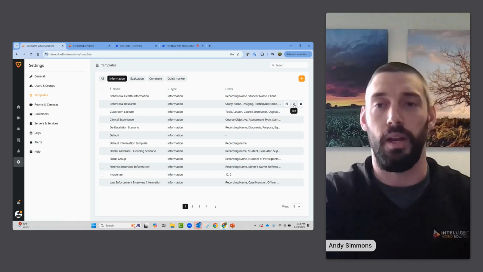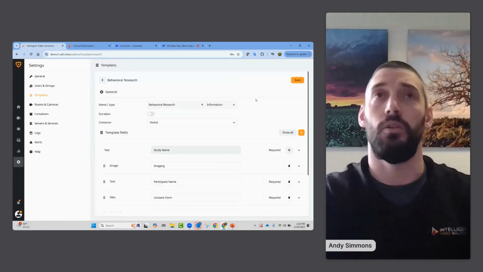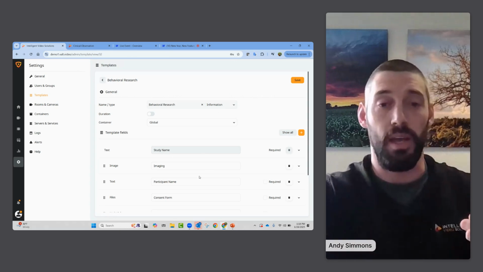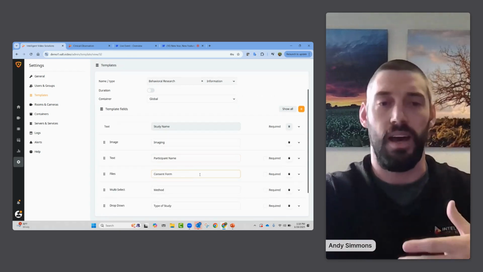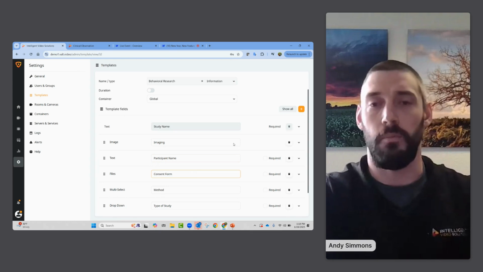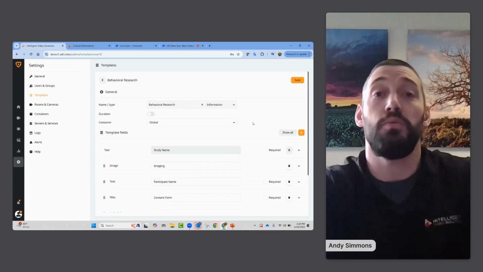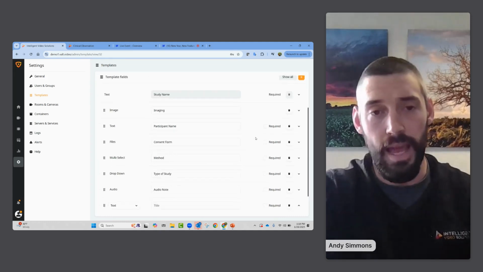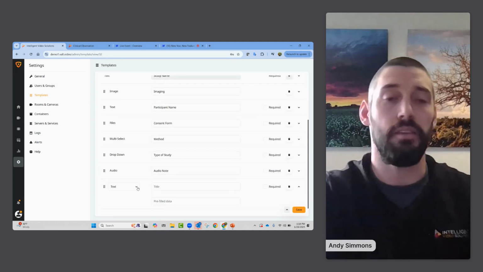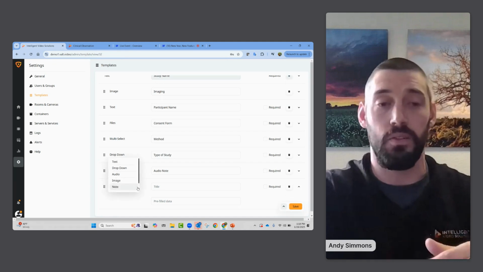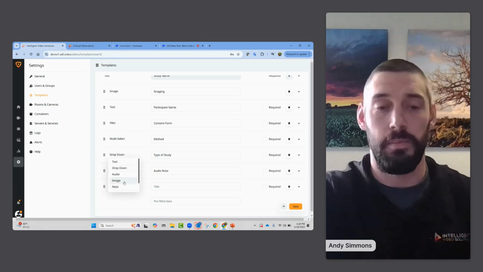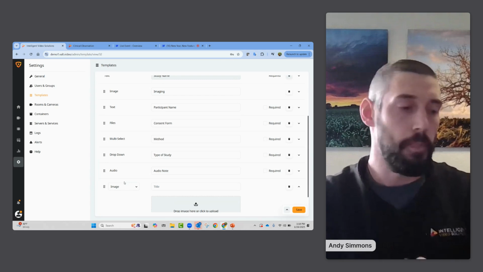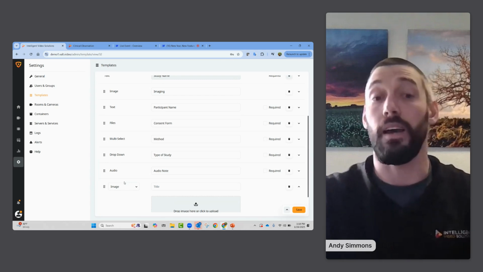When I am creating an information template, so I go to do a recording and I'm going to categorize it based off of all these different things. Right now we have text and files, multi-select, drop down, things of that nature. But a request was just different types of fields. So if I hit the plus sign here and add a field, aside from text fields and drop downs, you'll now find image. So I can add an image either into my information template or into my evaluation template that